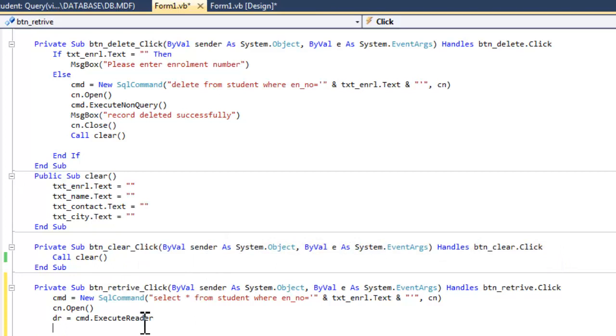That's why I have initialized dr equal to cmd dot ExecuteReader. ExecuteReader is fetching data and transferring the result to the dr object.